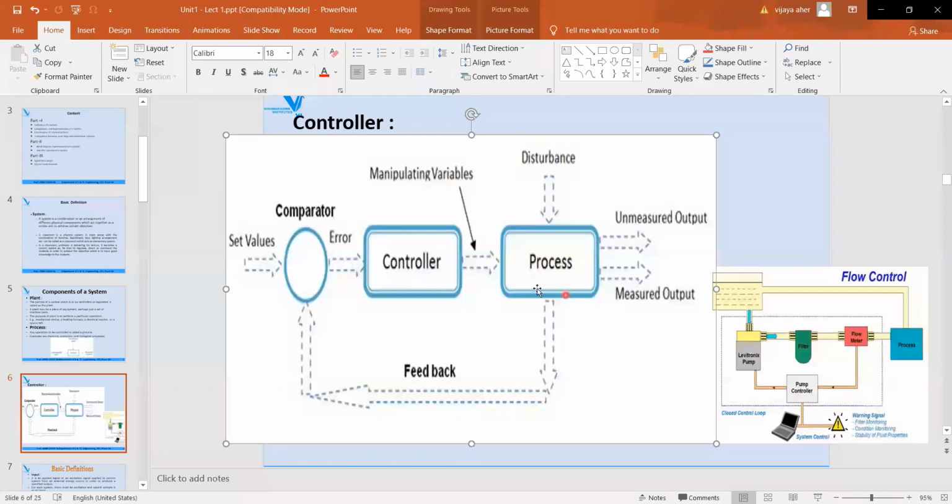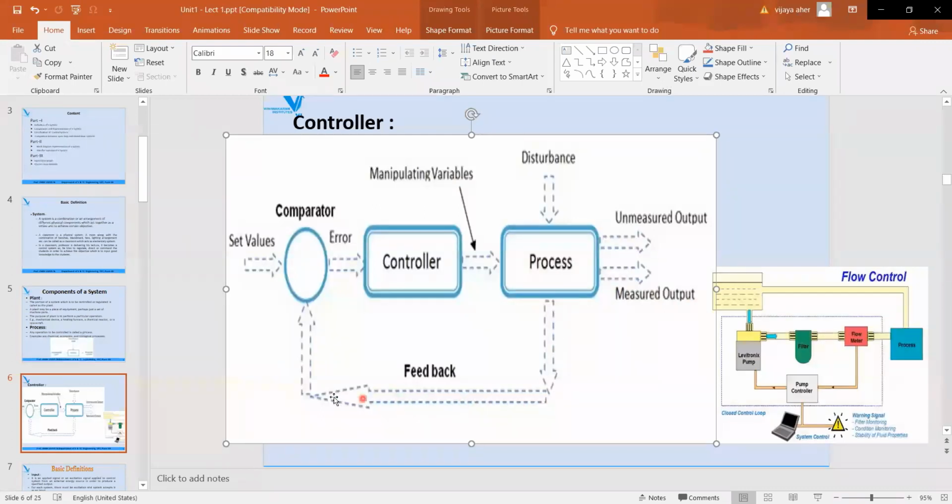In this case, I have not taken any signal coming from a disturbance. If there is any disturbance signal, an input or external signal, an external disturbance coming into the process, your measured output changes accordingly. So that sample is taken